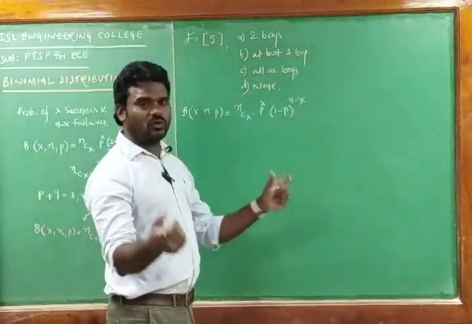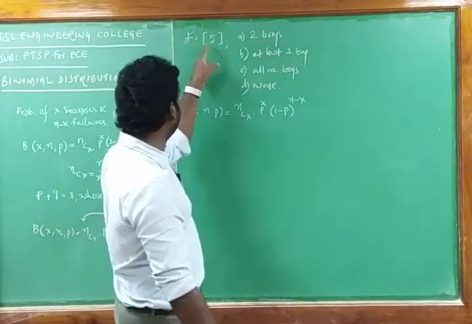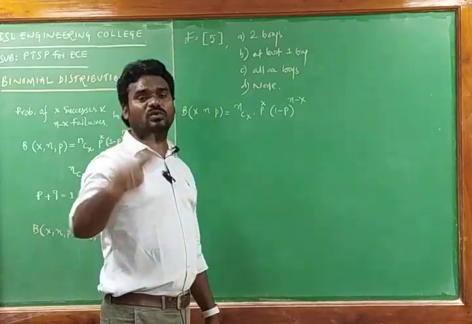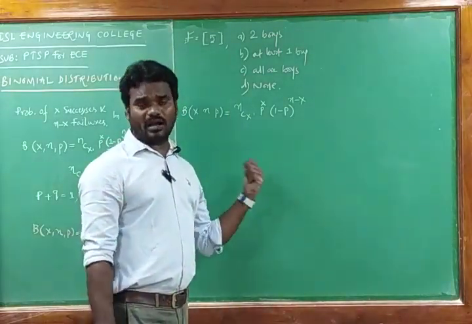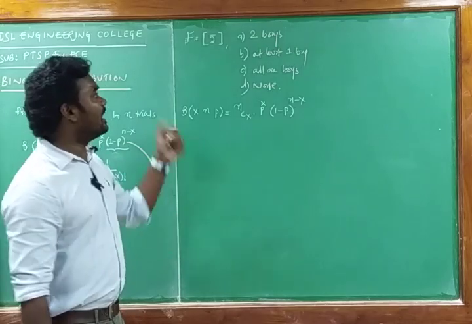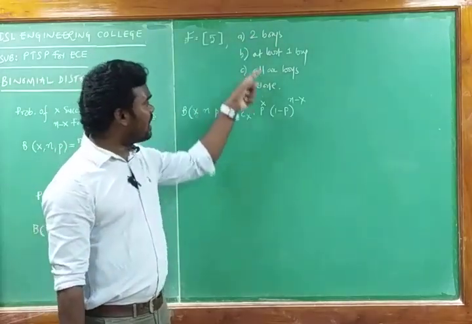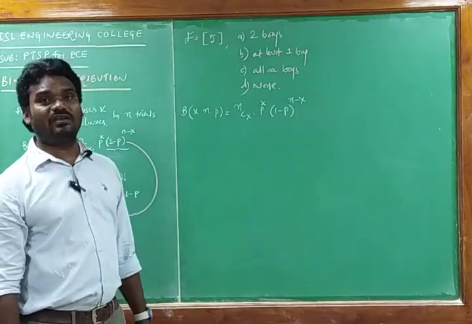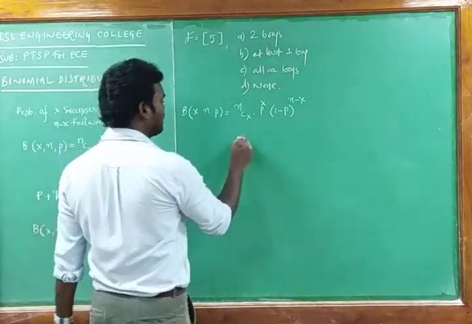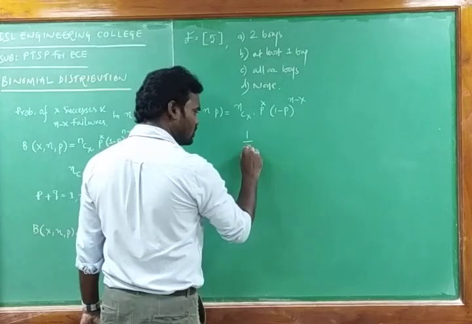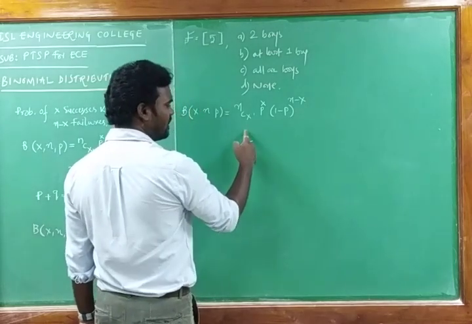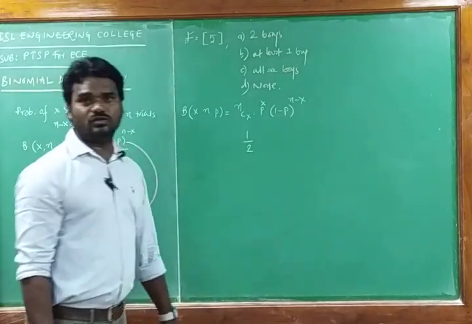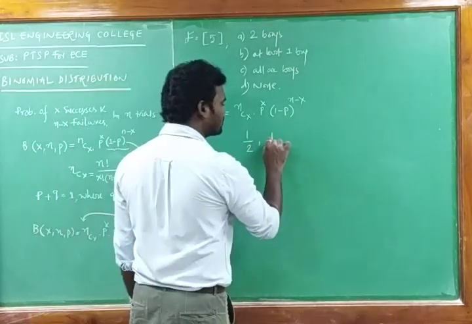That means what? There are 2 genders only. Here 5 children are there, and all the 5 children belong to 2 genders, that is male or boy, or a girl. So getting a boy, these questions all belong to boys only. The probability of getting a boy is about 1 by 2. That means two genders, boy and girl, in which the possibility of having a boy is about 1 by 2, and the probability of having a girl is also 1 by 2.